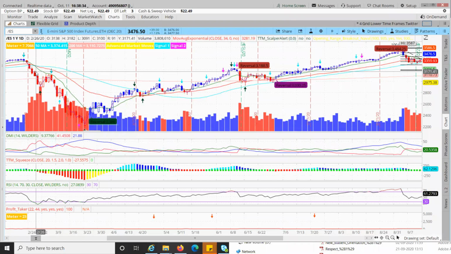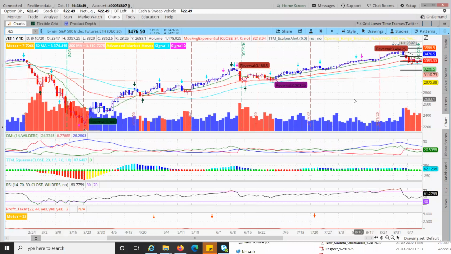You mean even for scalps? See, if news comes and you have your stop loss, futures tends to jump stop losses. And if they jump, like suppose right now, this is 34.76, right? And you went short. Market opens and there's a news that yes, Pfizer has made the vaccine. Do you think it's going to stop at 3,500? No, it's going to jump right up to 3,600. And you'll pay the price, $75 in loss.